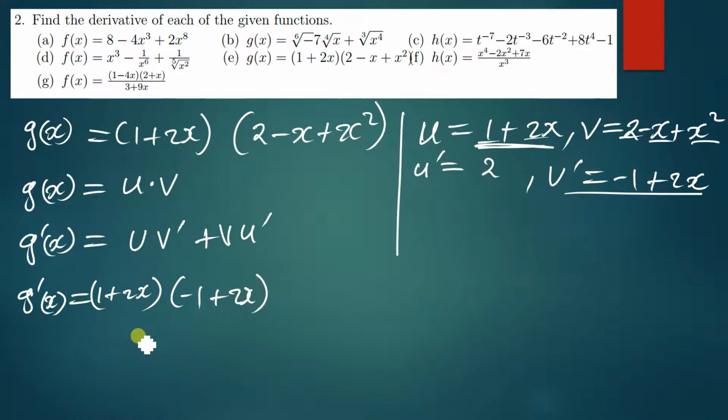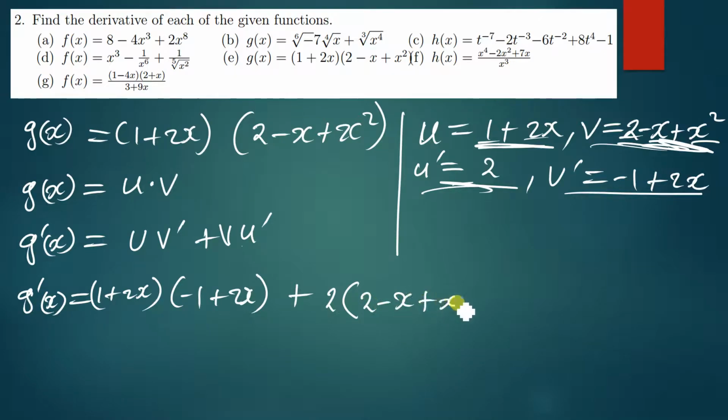Then we say plus v, which is this part here, and then u prime is this part. So we have 2 times v, which is 2 minus x plus x squared. So our g prime of x is therefore going to be equal to